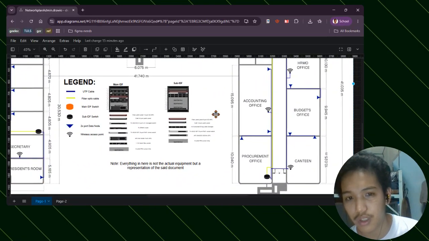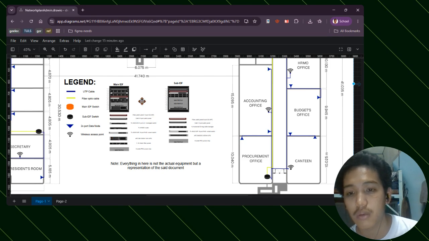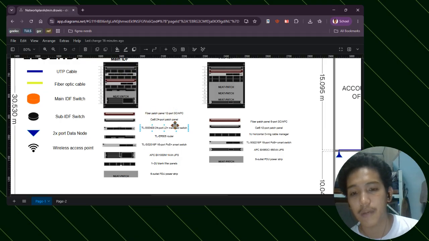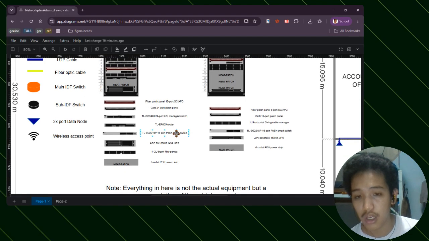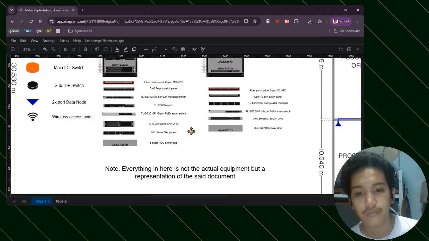Let's go to the proper breakdown of the rack. Note that everything here is not the actual equipment but a representation of the said equipment for the document. The main IDF consists of a fiber patch panel, a standard patch panel for Cat6, a TL-SG3428 24-port managed switch, a TL-ER605 router, and the TL-SG2016 power over Ethernet smart switch.